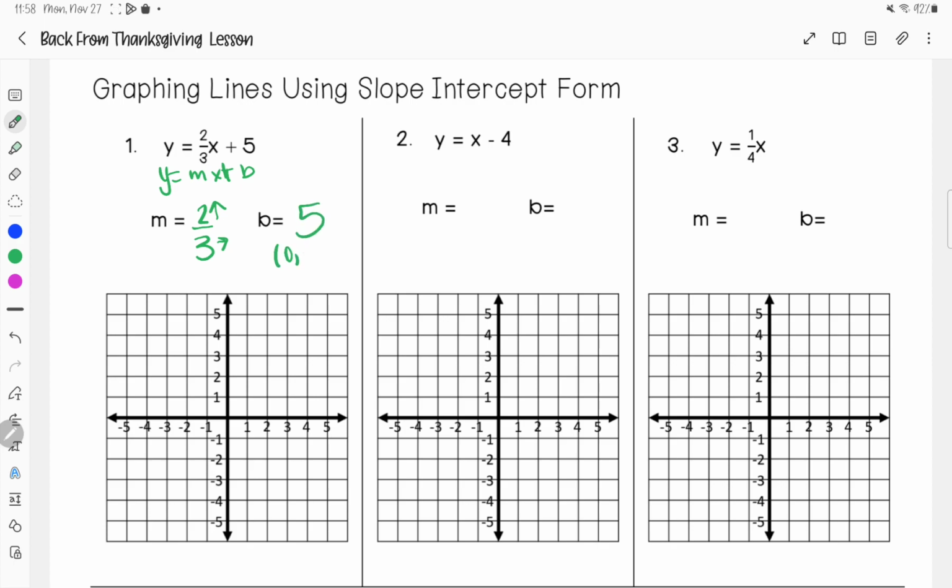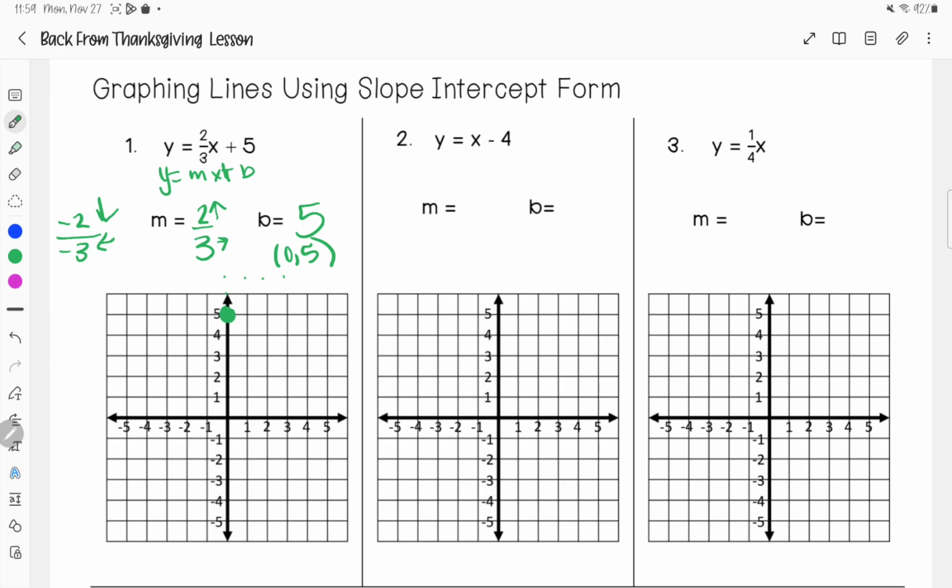In other words, it's saying this is where you want to start. So I'm starting at 0, 5. So I'm starting right here. My slope tells me to rise 2 and run 3. But if we do that, we're off the grid. So I need to change it. This is where we talked about